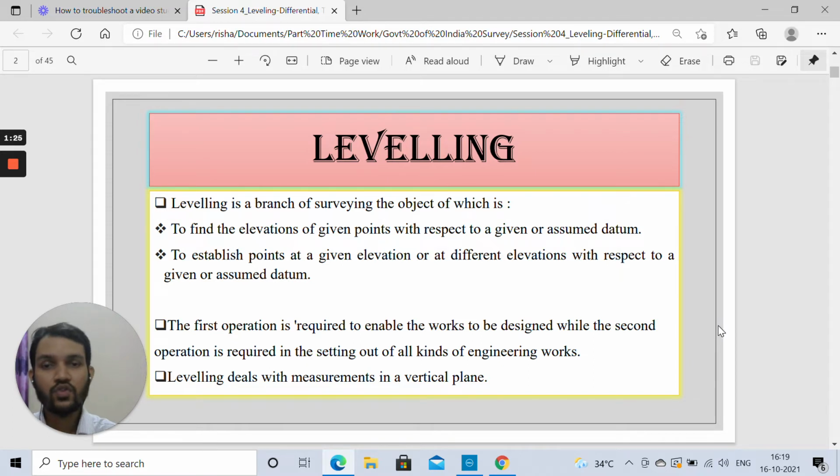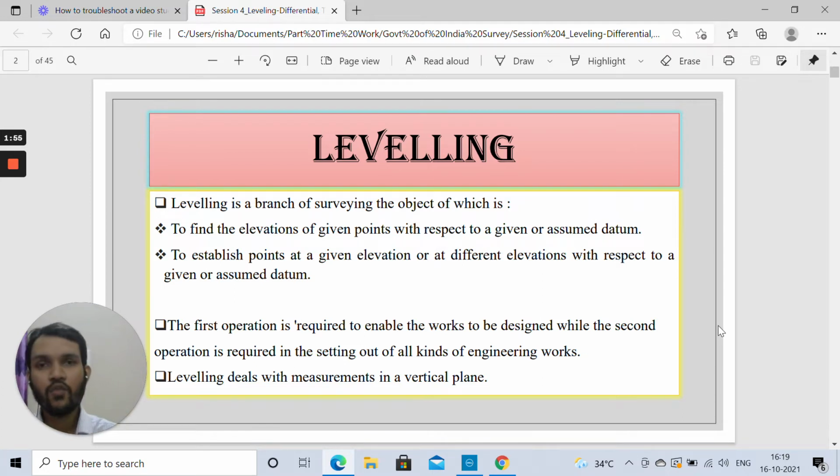So this is the branch of surveying that deals with the computation of difference in elevation, that is, vertical distances. Initially we discussed measurement of horizontal distances using tapes, chains, or electronic distance measurement devices. Then we went through computation of horizontal and vertical angles and the units in which they are described, like whole circle bearing and quadrantal bearing. Now this is leveling. It deals with the calculation of difference in elevation of various stations.